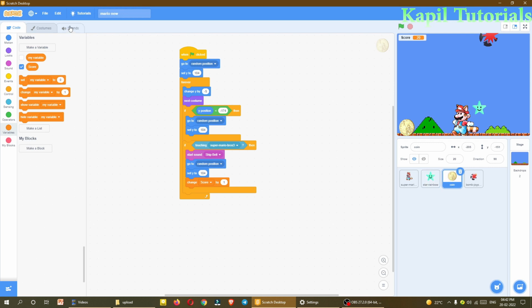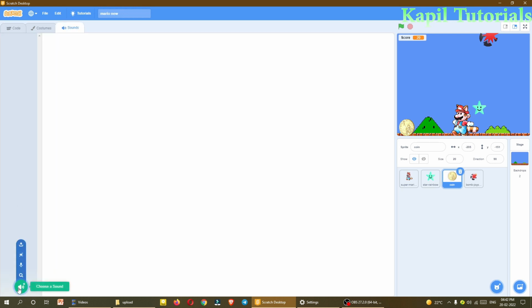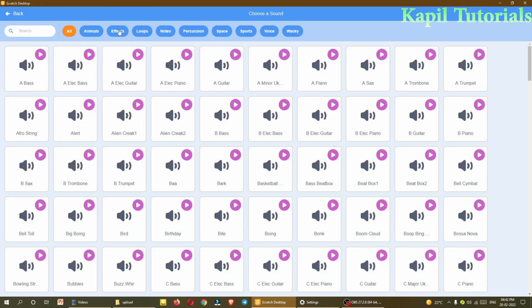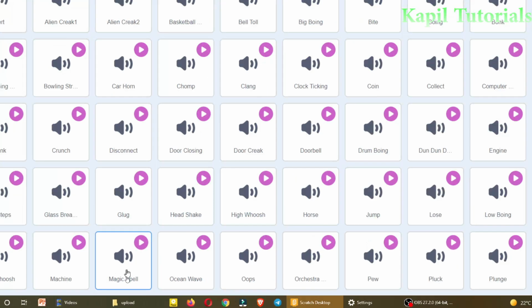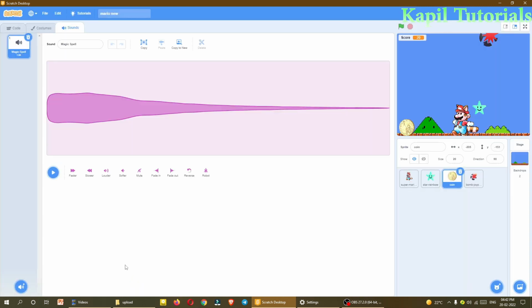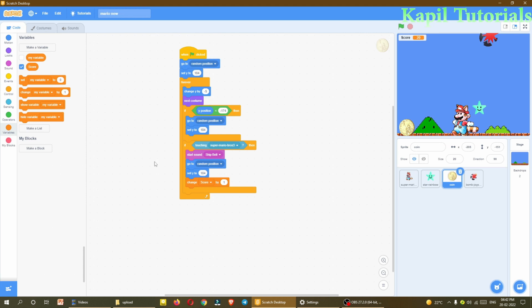Click on sound. From here I'll go to effects. This is okay, magic spell. So I'll just click on this, and then afterwards in coding, here I'll click on start magic spell. So this will also start working, and